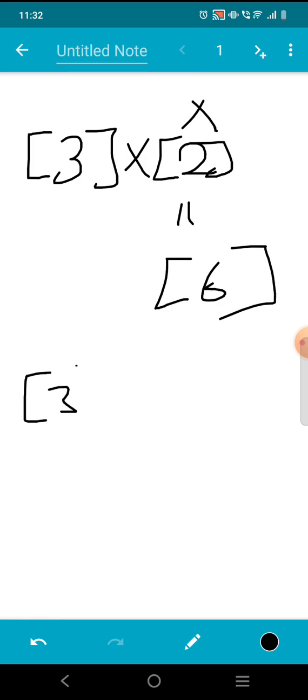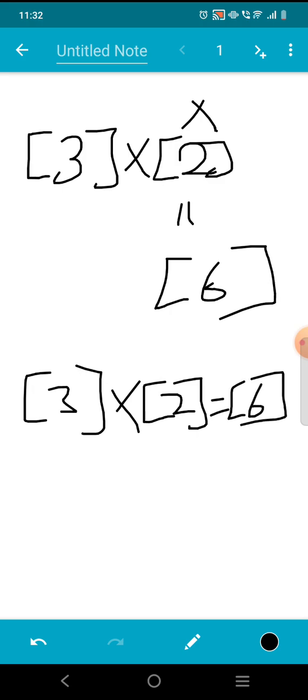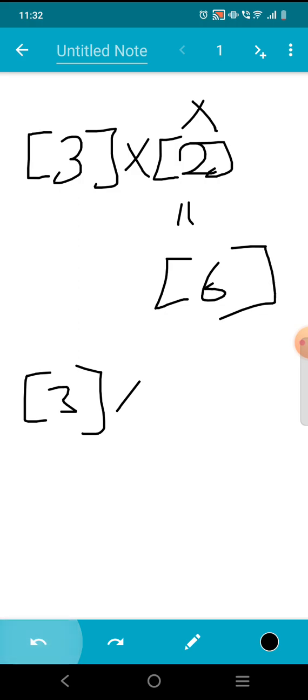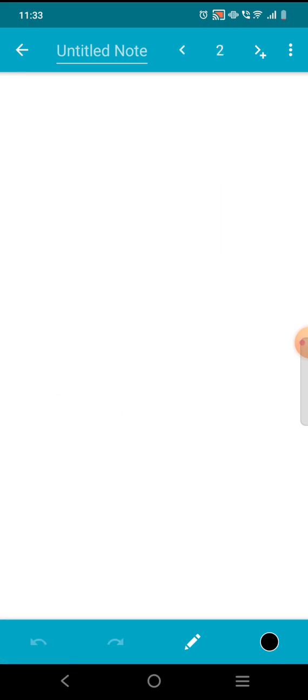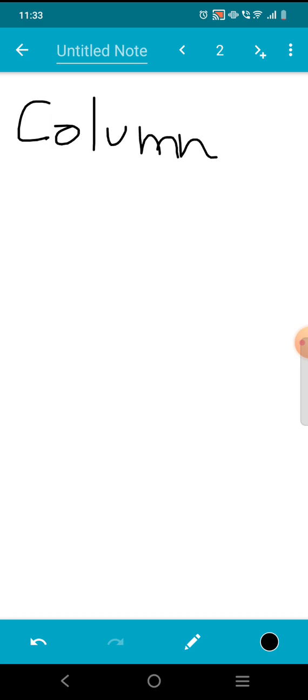So we are pretty much comfortable with matrix multiplication by 1 into 1 matrices. Now going forward we will be taking it to higher levels, about 2 into 2 matrix or 3 into 3 matrix or some rectangular matrices which are not square, like 3 into 2 or 2 into 3, having more rows or fewer columns, where rows and columns are not equal. So let's move forward, and in this class we'll be discussing column multiplication.